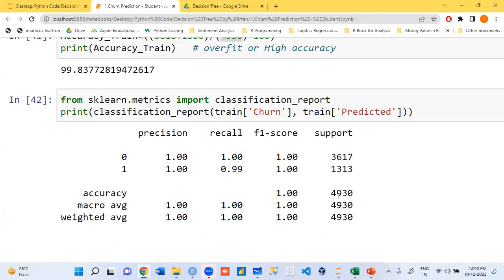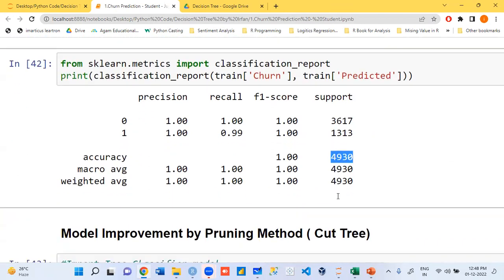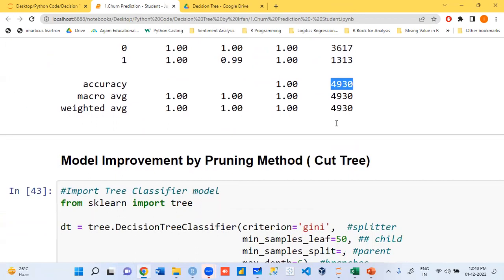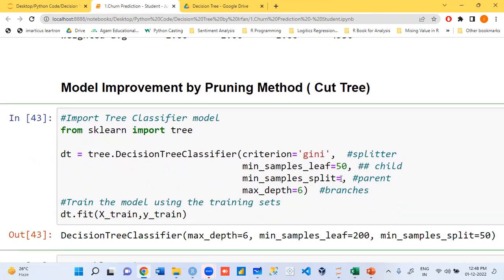Your number of samples, number of training data, is equal to number of parent node. 4930, that is your data, sir. You said 4930. The question is how many samples we need in the parent node. 4880.